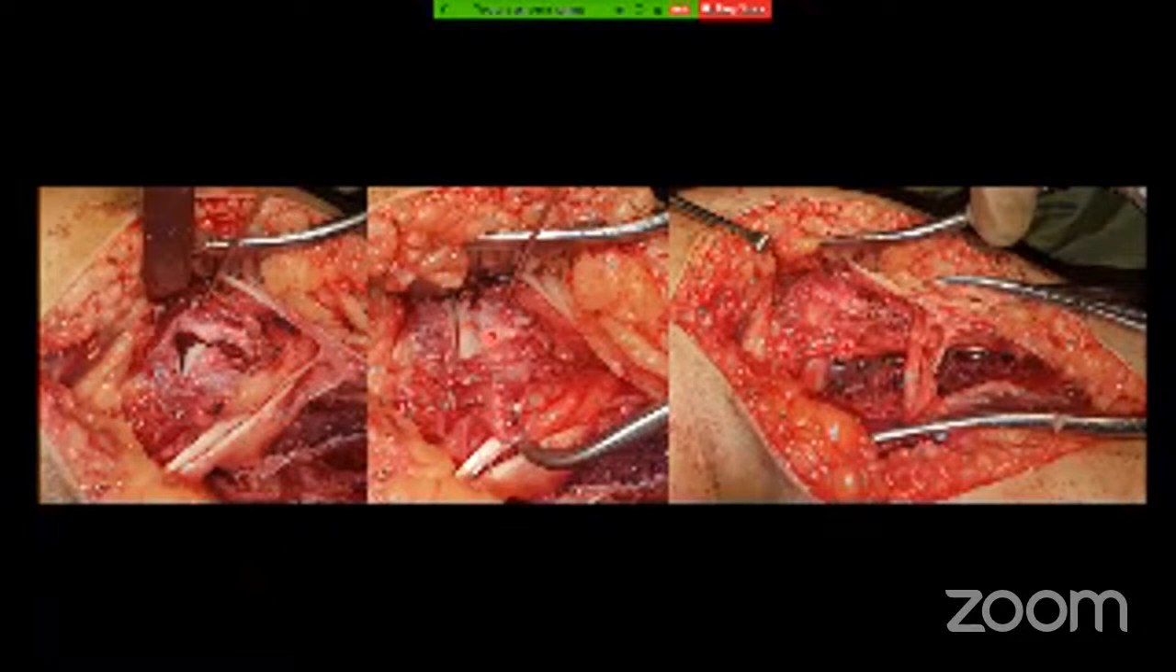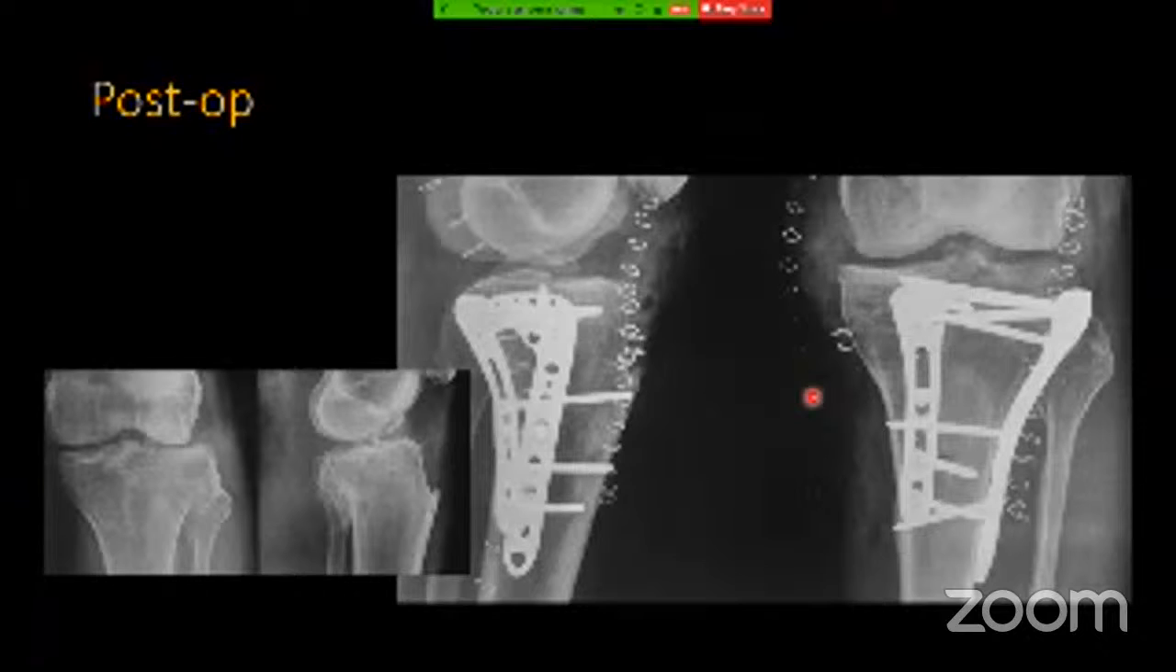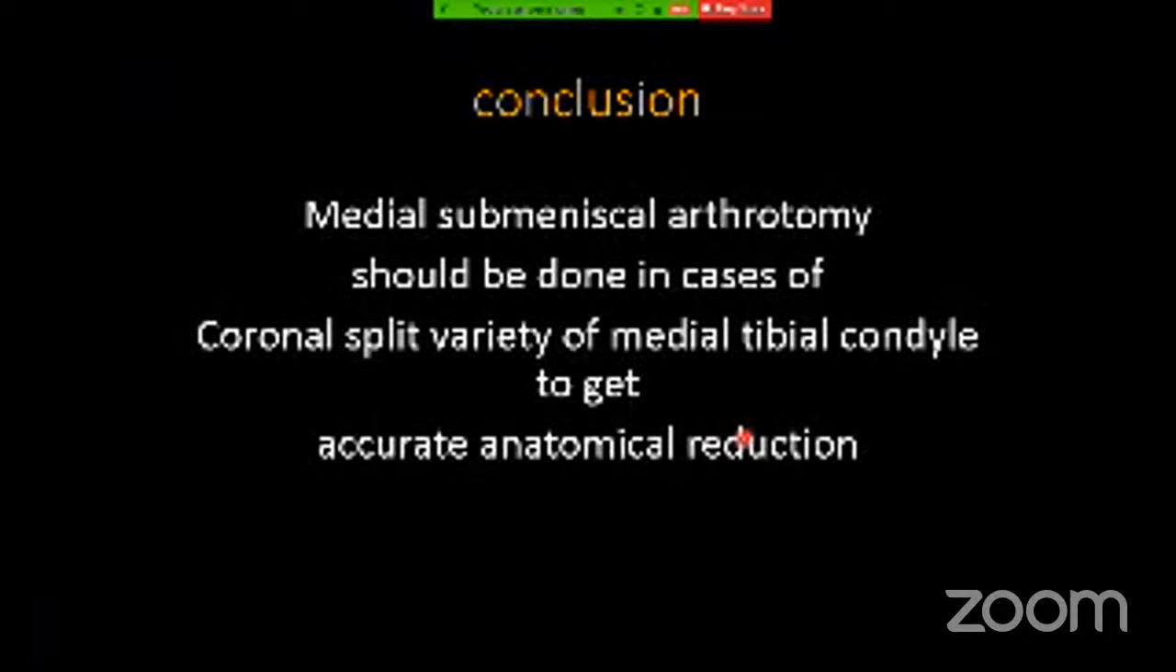Then it's temporarily fixed with the K-wire, and at the end you see the plate is put just behind the posteromedial aspect. So these are the posterior views. You can see there is a very nice reduction of the medial coronal split in the lateral view as well as in the AP view. So in concluding remarks, medial submeniscal arthrotomy should be done in cases where there is